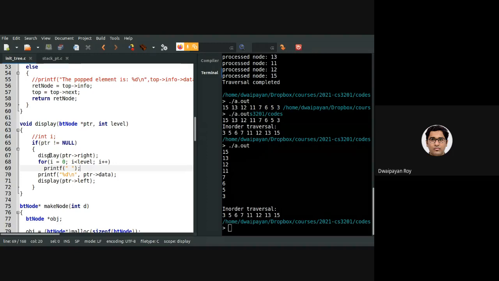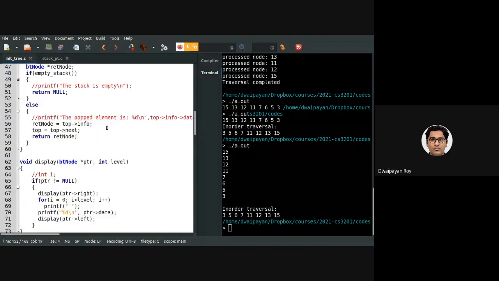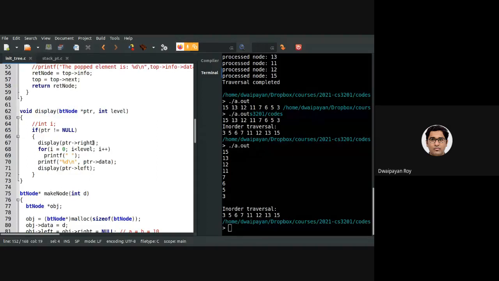As Priyesh was saying, I have changed the actual signature of the function display. Earlier it was taking only one parameter, the root of the tree. Now along with the root of the tree, I am passing one label as well. So we need to change the way this function call will be happening.